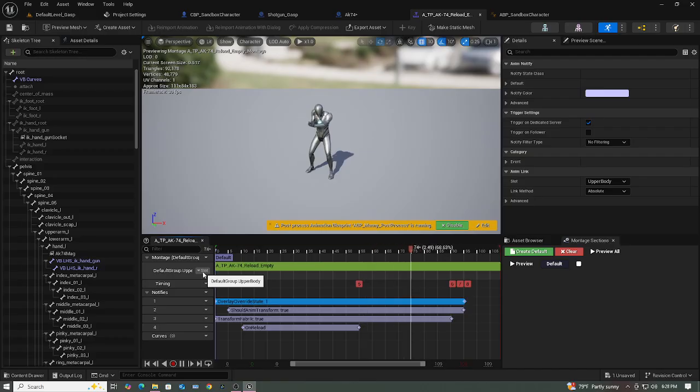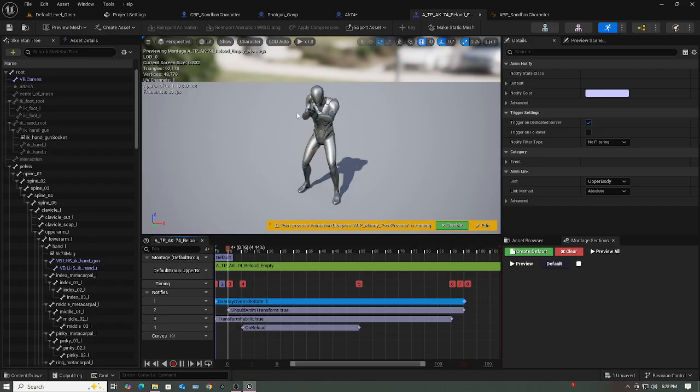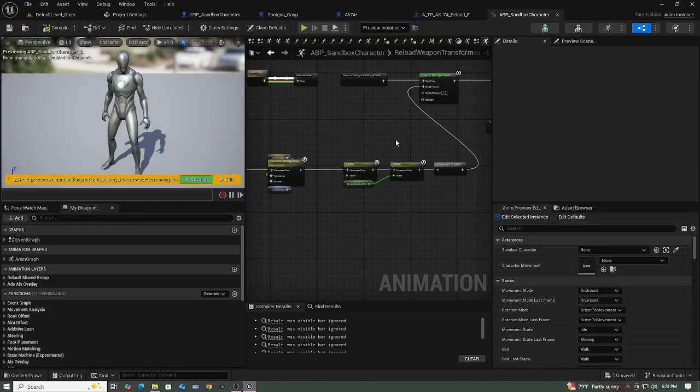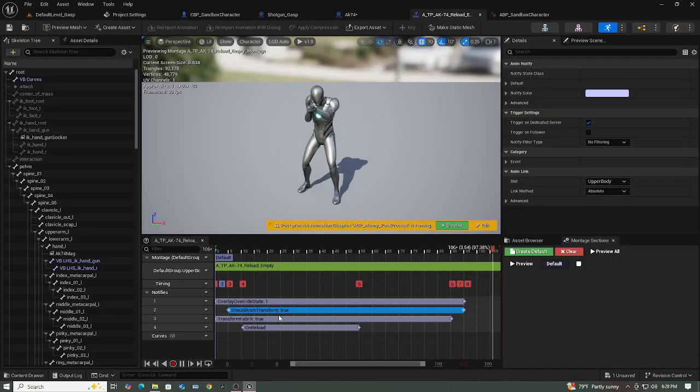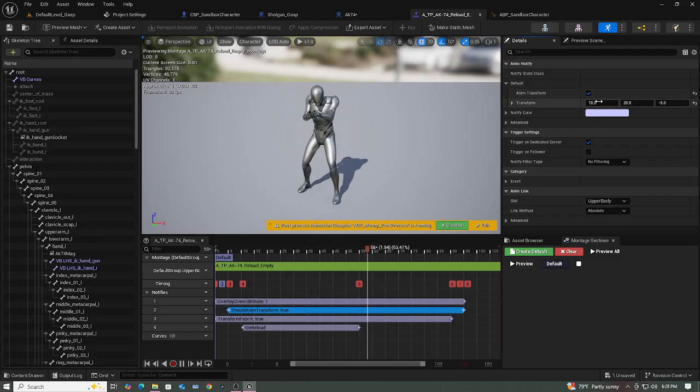You will need it if you're using the left and right slot. But the disadvantage of using left and right is that it won't disable the IK when you're reloading, because you will need to disable it. You need to disable this FABRIK node so that you can move your weapon to where you want it